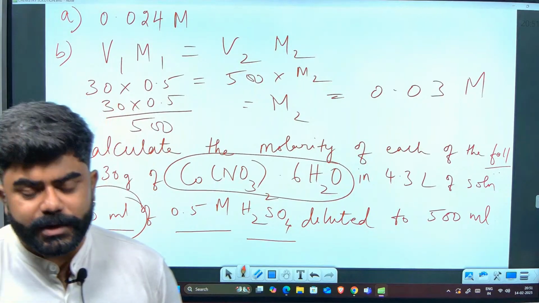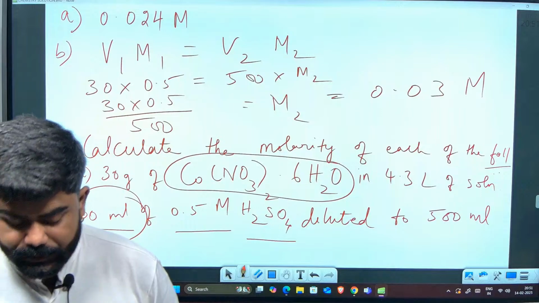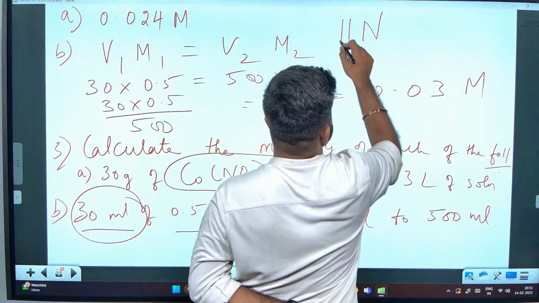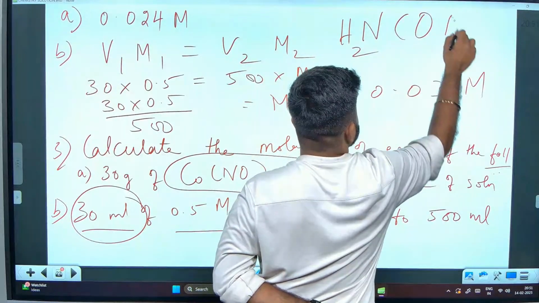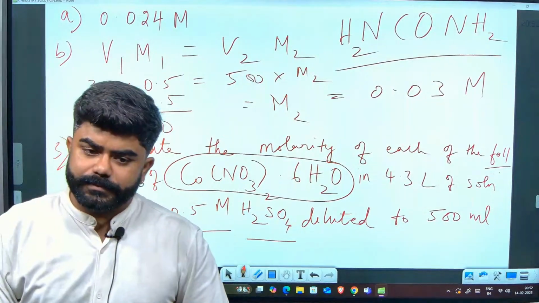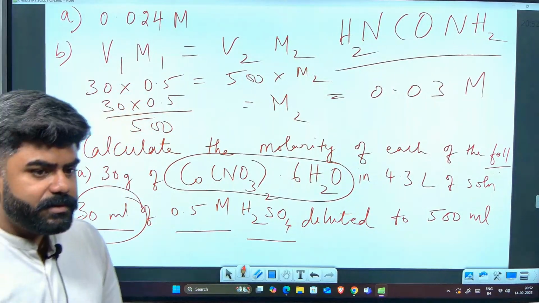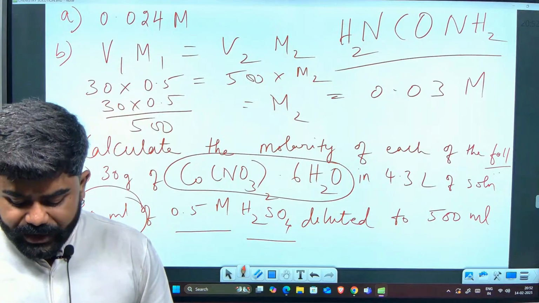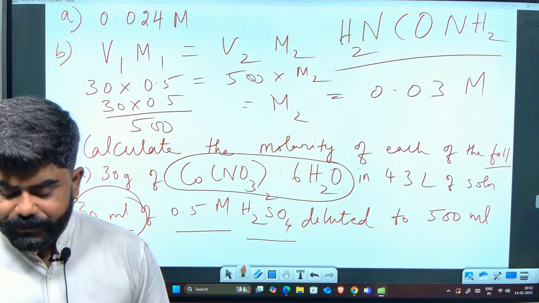Calculate the mass of urea. What is the molecular formula of urea? NH2CONH2. It's a diamide. Right? Urea is a diamide. Take down: calculate the mass of urea required